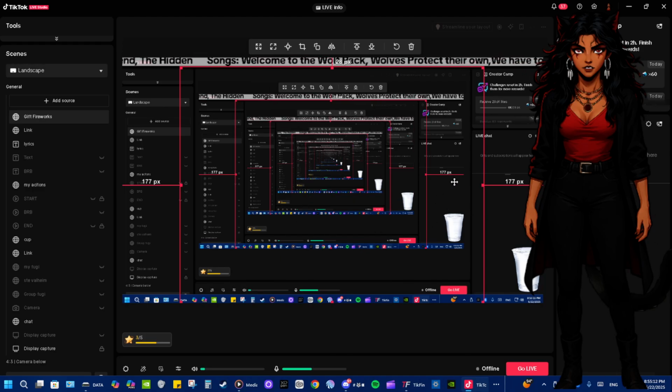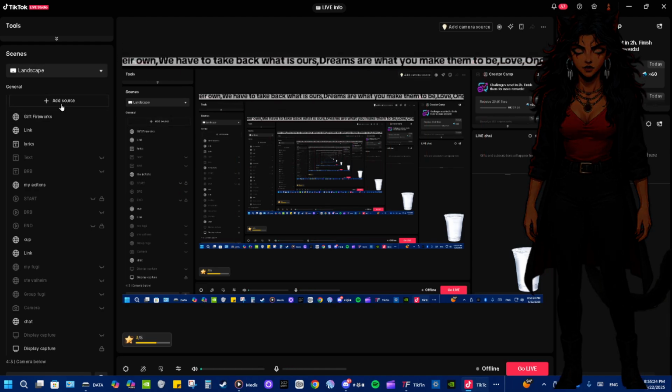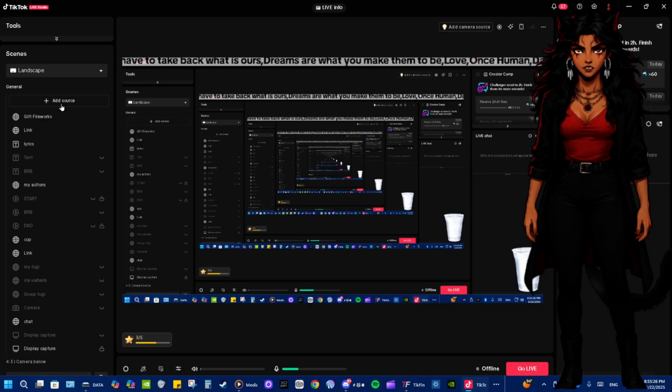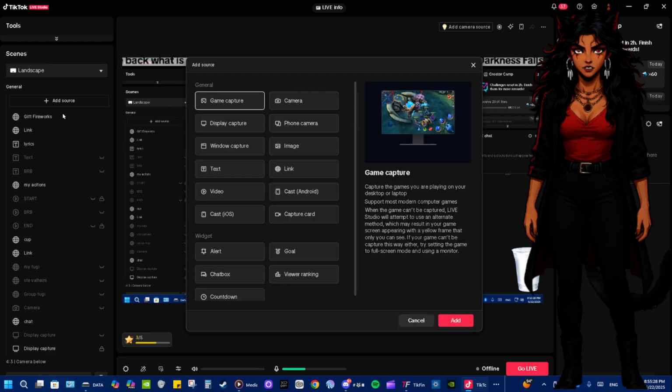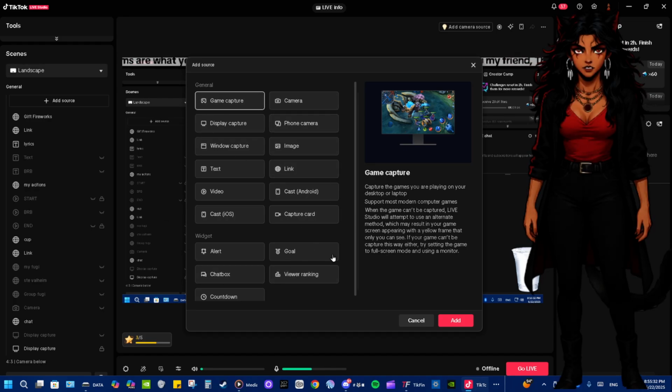And then they have multiple things. So basically you're going to do the same thing: add source, link, copy, and link it as I showed you. Again, it's going to be add source, then add link, and then add it, and then copy and paste it. And this goes with anything you want to add in here. So if you have, for example, an overlay that you want to add to it, you're going to add it as a video,